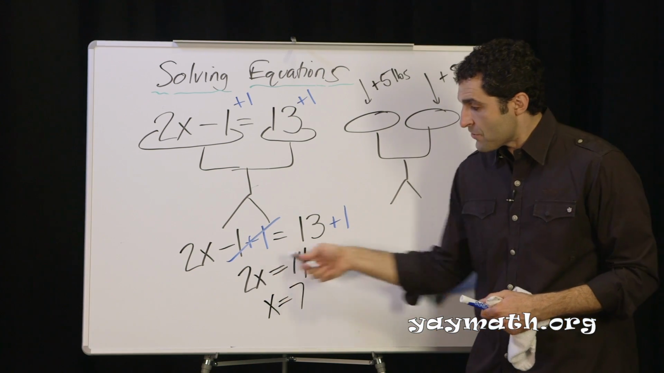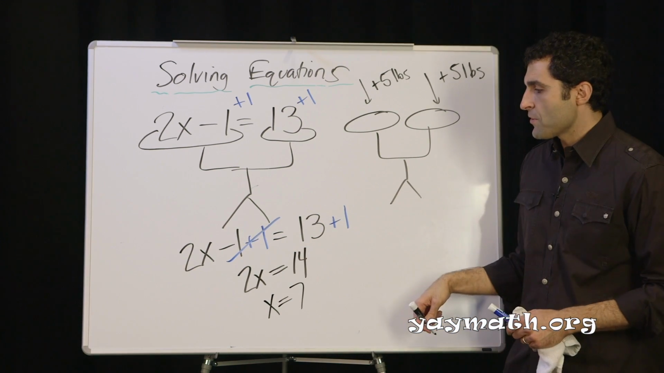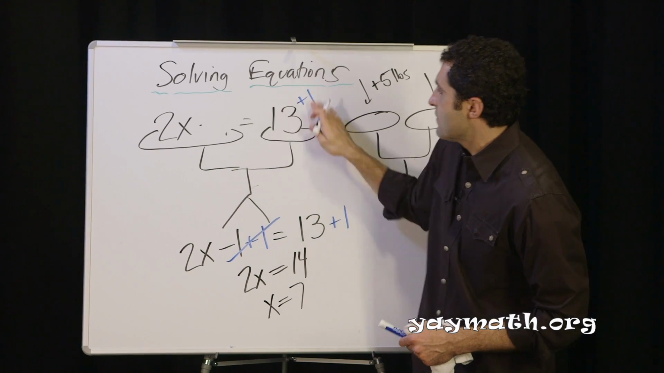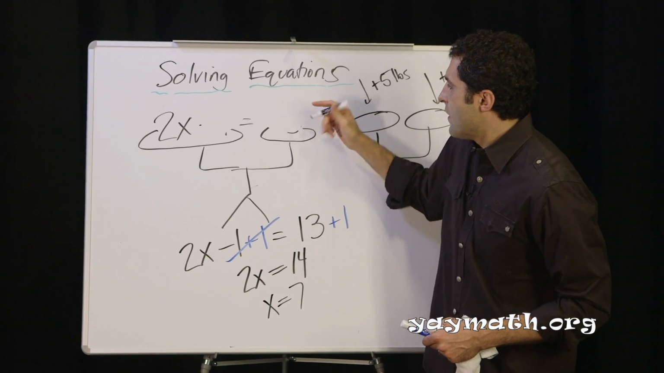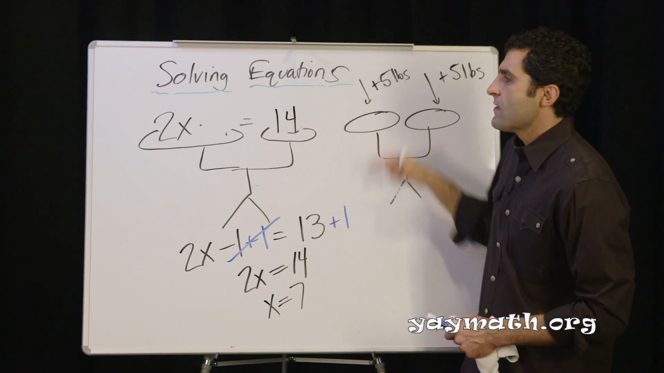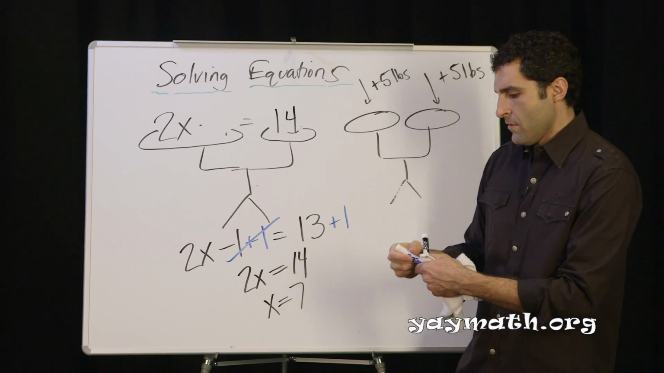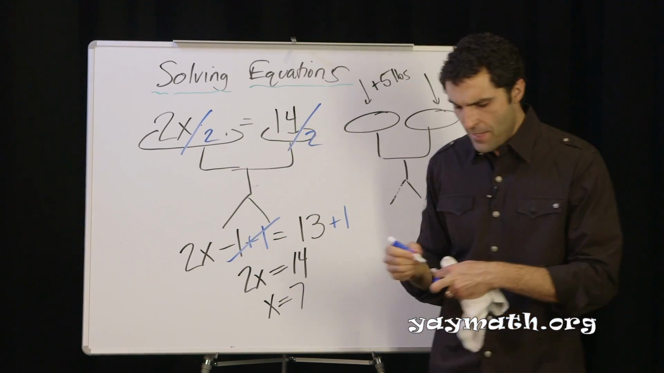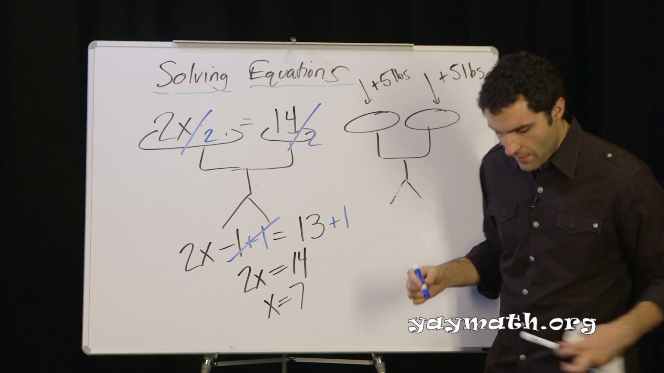So we could have done it algebraically like this. 2 times some number is 14. Or we can divide the weight by 2. All right, the scale is balanced. Divide this weight by 2. Divide this weight by 2. I think that makes sense. So if you divide everything by the same thing,